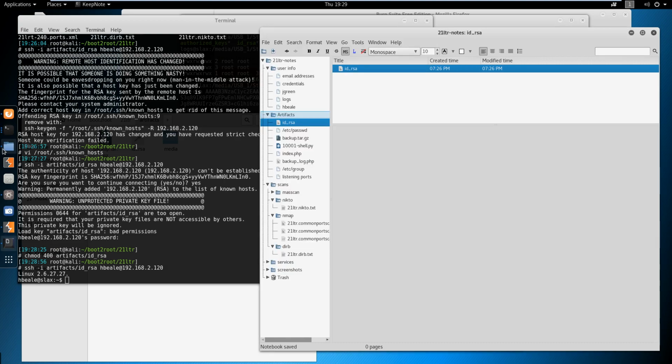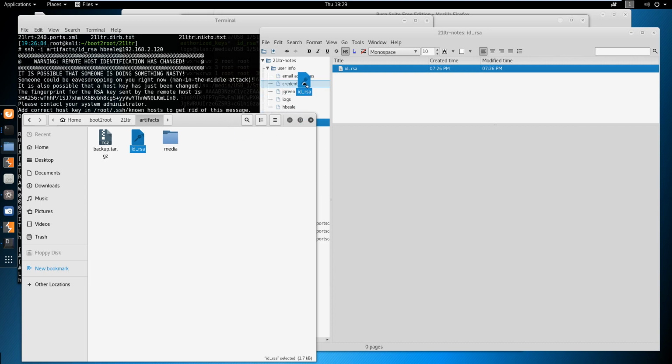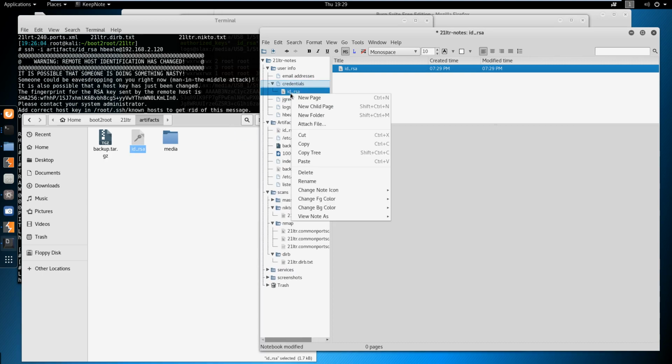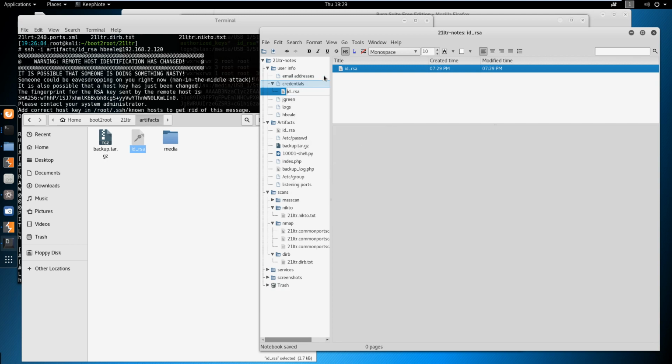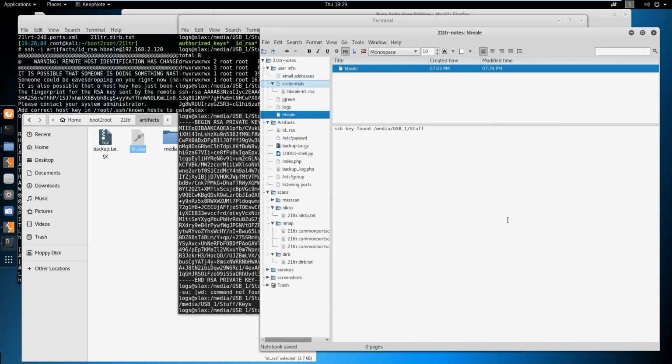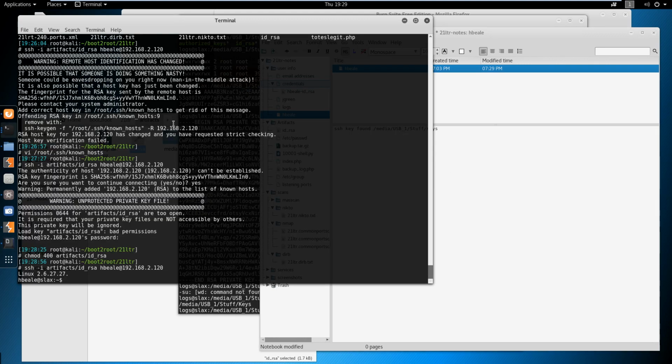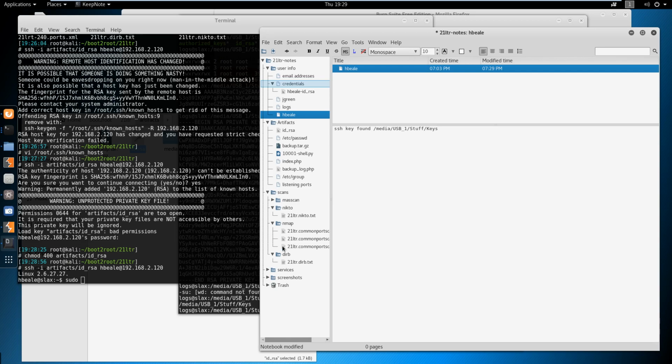Okay, now, if we recall correctly, I want to put this id_rsa under credentials. We're going to rename it to HBeal so that we know whose it is. And then under HBeal, we'll say, SSH key found in media USB 1. Yeah, keys. Okay, so if we remember correctly, in our notes down here,